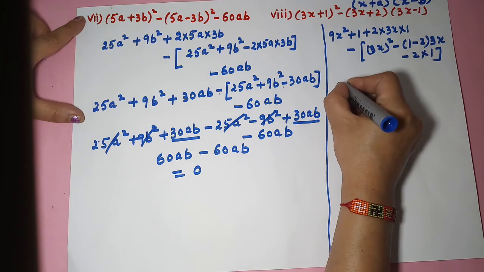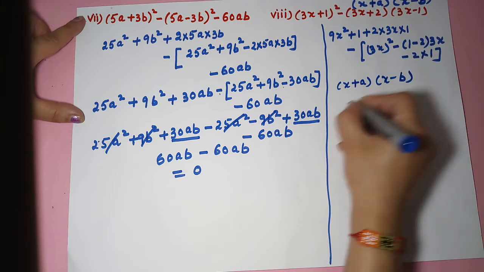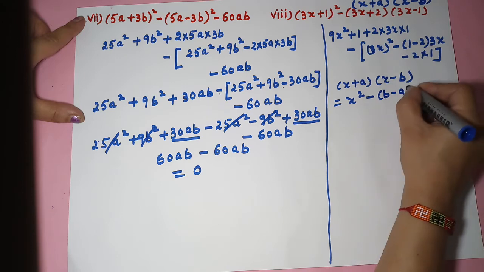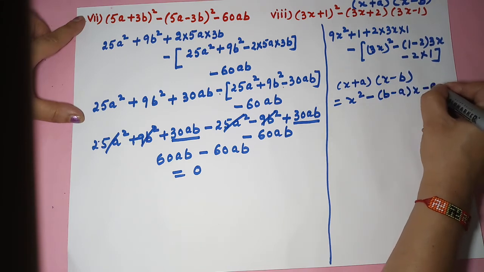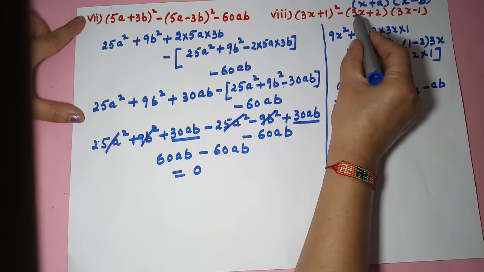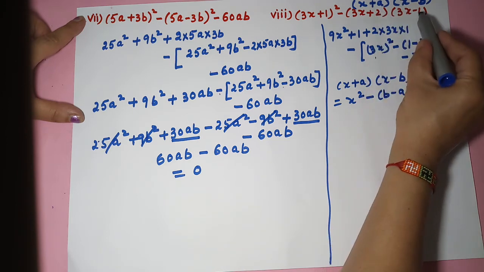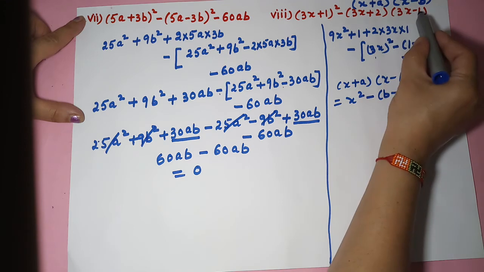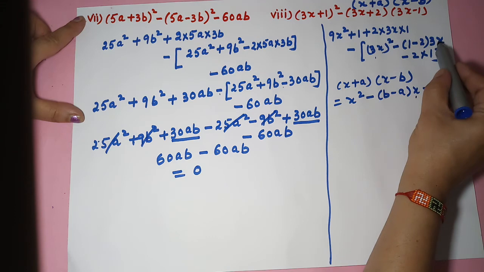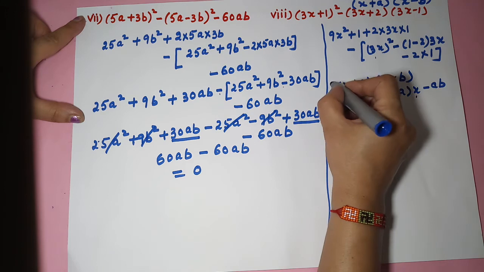And we know that if we have something like x plus a into x minus b, that is equal to x square minus b minus a into x and then minus ab, right? Same we have done here. Now this was my x, so x square minus, this is a and this is b, so b minus a, that is 1 minus 2 into x which is 3x, and then minus 2 into 1. So finally I have